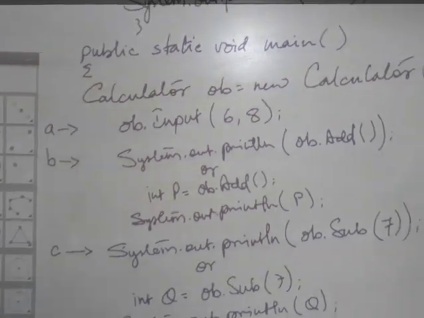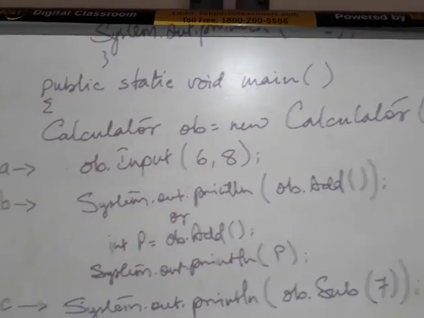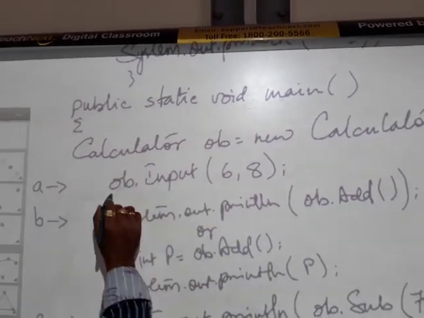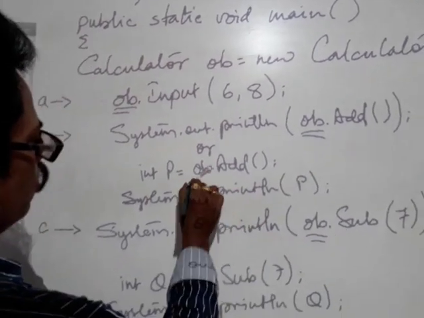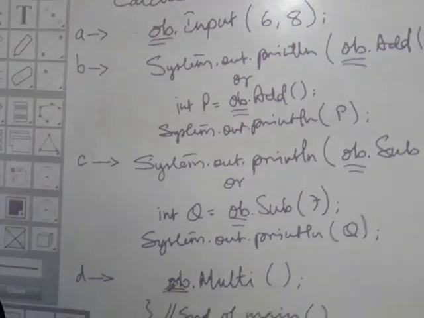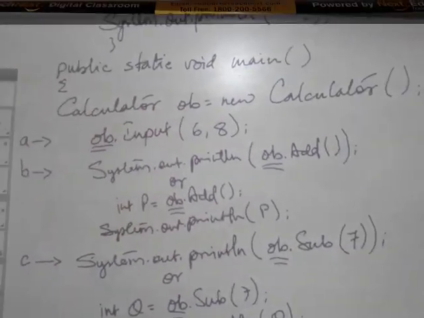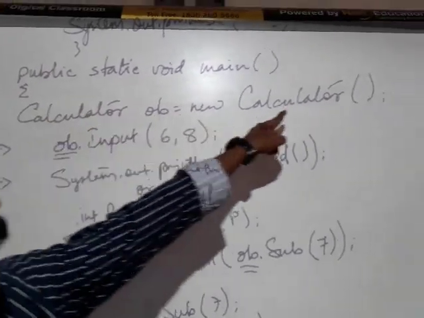In this case, since we have an object creation, that means an object has to be created. Remember, in the previous one, when there was no object, we never had these kinds of things. These variables, like ob, did not exist. So now what happens? Just create an object of the class called calculator. Since we have a calculator class, write Calculator ob = new Calculator.